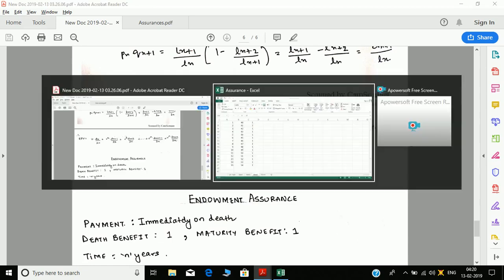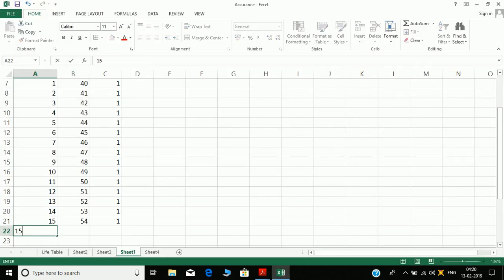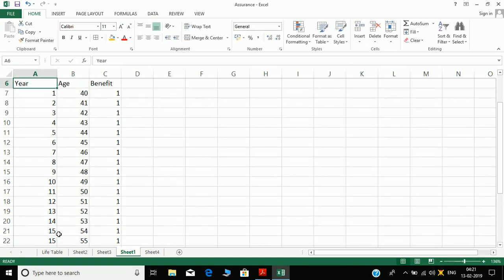So there has to be one more row to calculate v to the power n. Always remember, in endowment after the term there will be an extra row which will contain your maturity. So that is for age 55, complete age 55. Only after I complete the term of the policy will I get my maturity benefit, and it is 1. And then I have discounting.